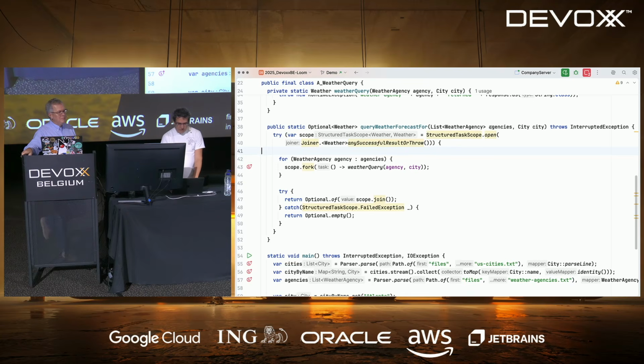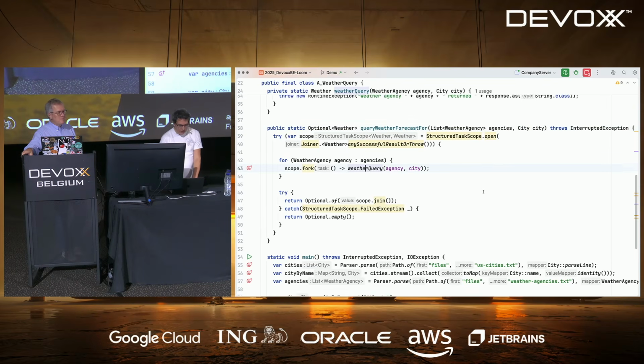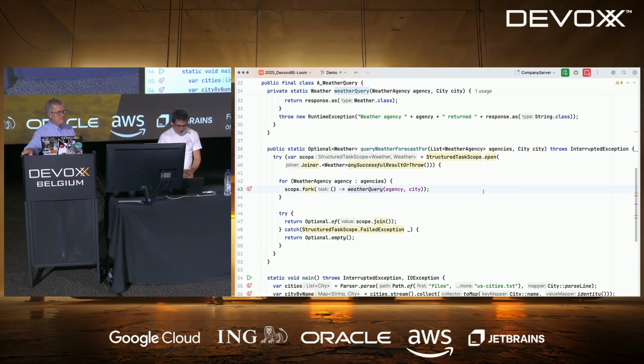So I have a list of agencies, and for each agency, I want to ask what is the weather for this city. So obviously I want to create a weather query on each city.